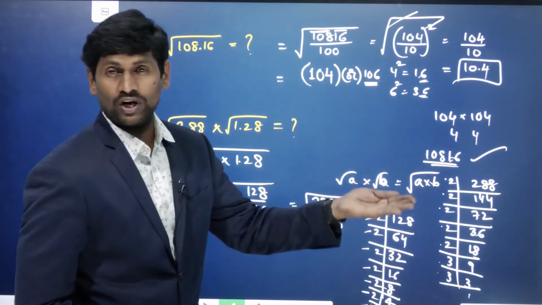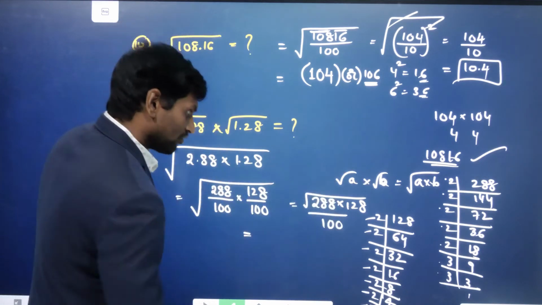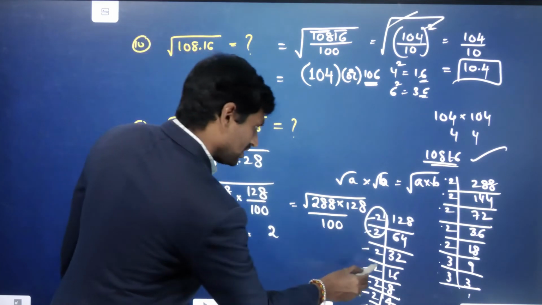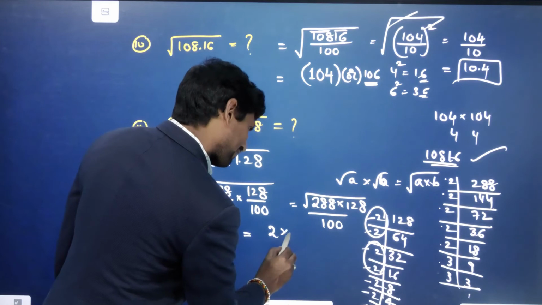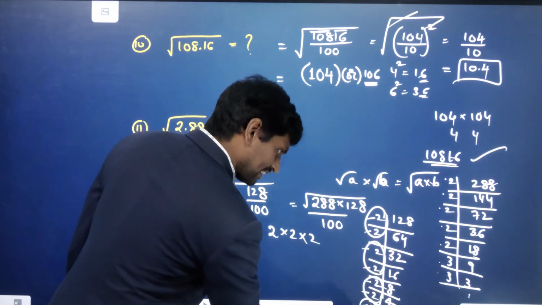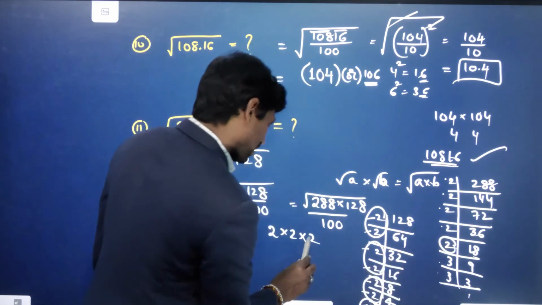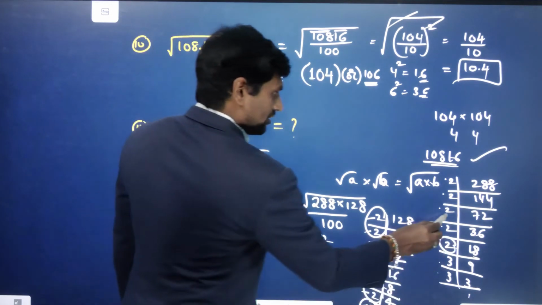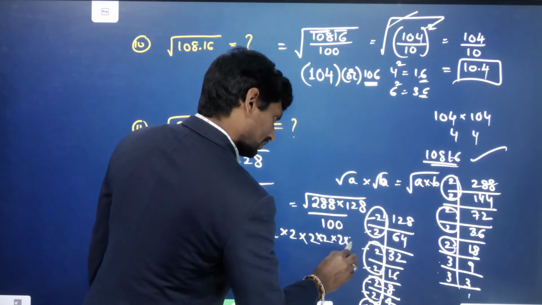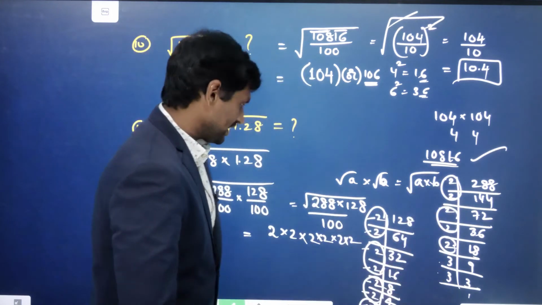in the square root, one number will come without the root. So from these two, 1, 2 will come without root. Again these two, 1, 2 will come without root. These two, 1, 2 will come without root. These two, 1, 2 will come without root. These two, 1, these two, 1, and from these 3, 1 3 will come